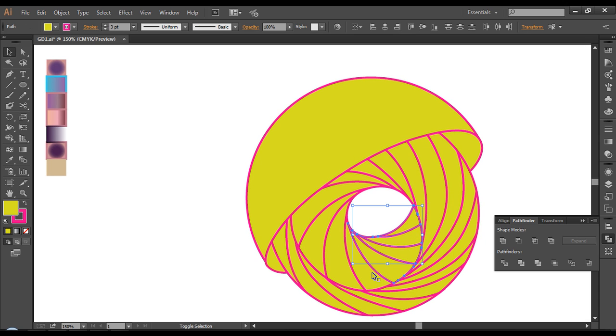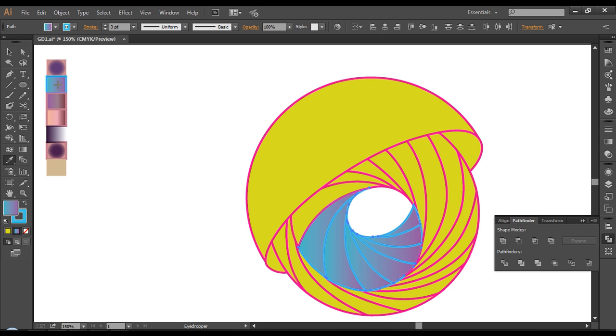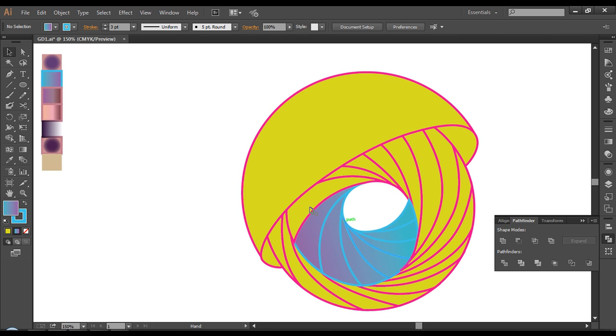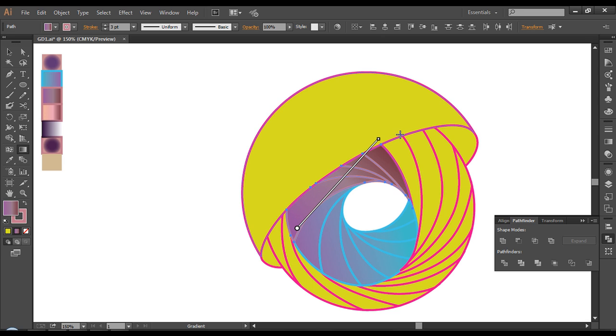I just select this and this, and let's fill this up with the eyedropper. With Shift and Alt pressed, I select this color, and G for gradient, I give one gradient color like this, from blue to maybe dark pink or maybe purple, like that. Next, selecting this and this with the eyedropper, again with Shift and Alt pressed, I select this color, and this time G and click and drag, maintaining that flow. I'll just make sure it's nicely okay, like that.